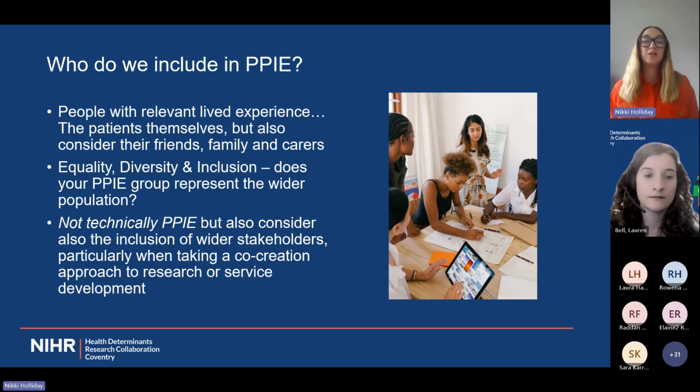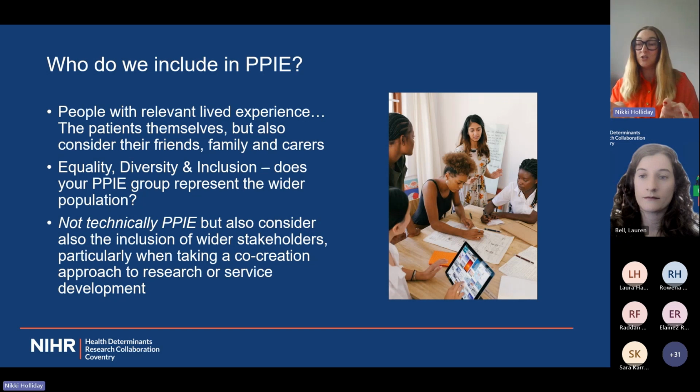It's not technically patient and public involvement, but you might also want to think about the inclusion of wider stakeholders when you're looking at research and service development. That could be anyone who's involved in a care pathway, who might have some sort of input and say in how a new healthcare service or local service should be run. Although it's very important to get that patient and public feedback, there are so many other actors involved in the delivery of not just research projects, but the eventual intervention or service or treatment that you might be delivering